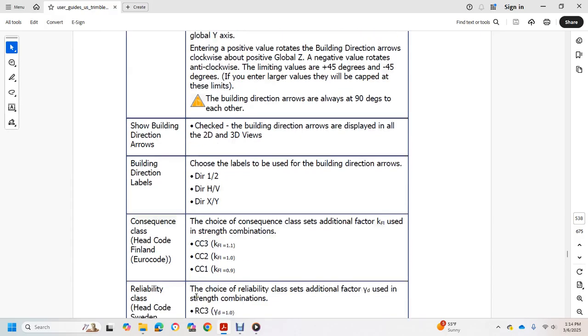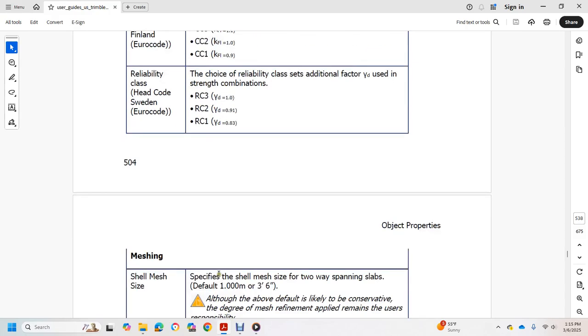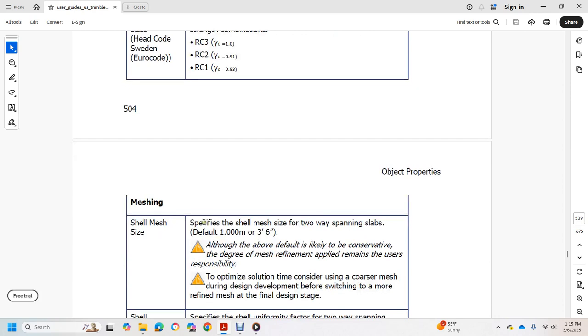CC3, CC2, CC1. Reliability class, Sweden: choose the reliability class and add the additional gamma-d factor. View the strength combinations RC2, RC3, RC2, RC1. Shell mesh size: specify the shell mesh size for two-way spanning slabs, default